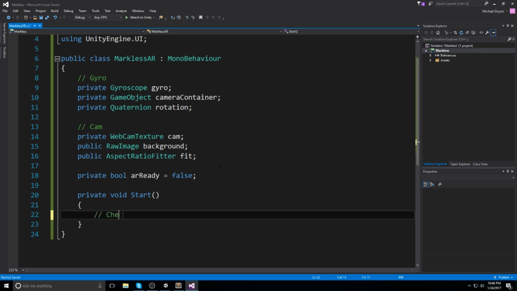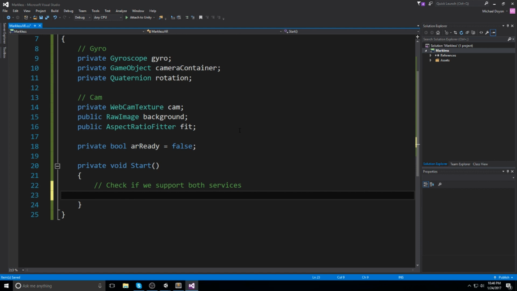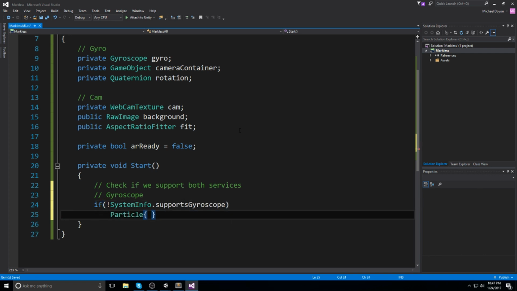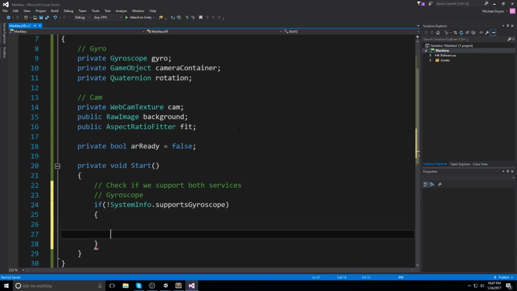In the start, let's start by checking if we support both services. We're gonna call them services. So by service, I mean the gyroscope and the camera. We're gonna start with the gyroscope, with a simple check. So if not SystemInfo.supportsGyroscope. If we do not support the gyroscope, let's simply make sure we don't go any further. So we're gonna open up the brackets right here and say